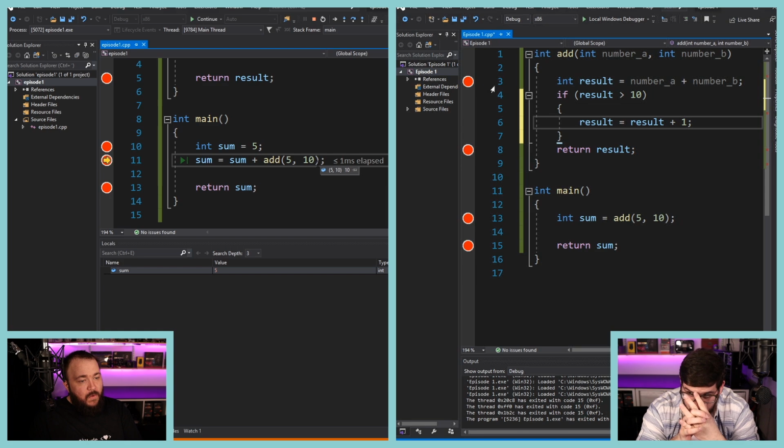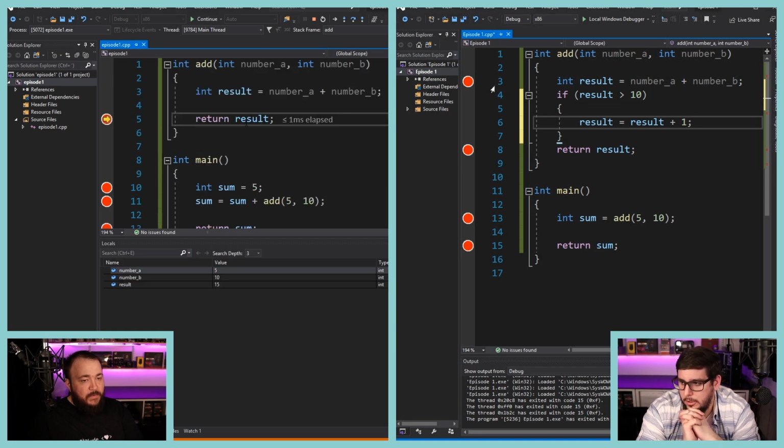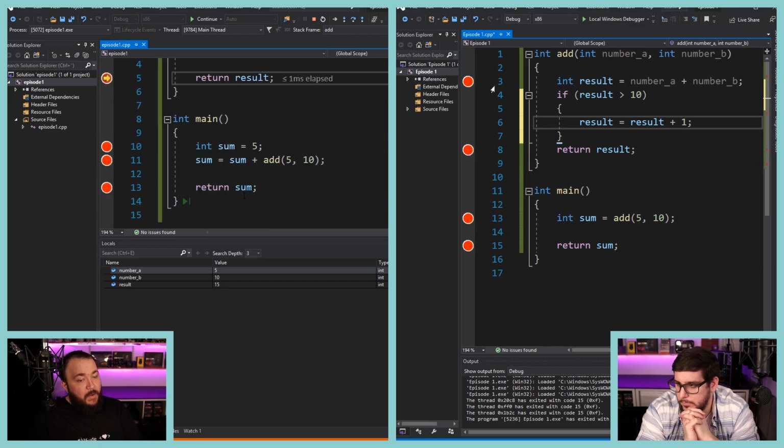I go in here. We have number A, number B, result, whatever. Now when I come back out, we don't see sum here, right? Sum isn't here. When we come back, it's not like it's going to forget what sum was, because this depends on that sum actually being 5 before.